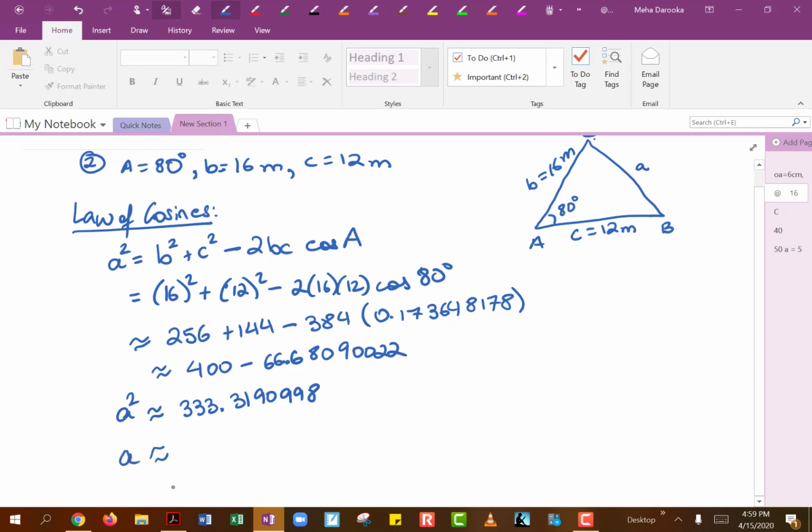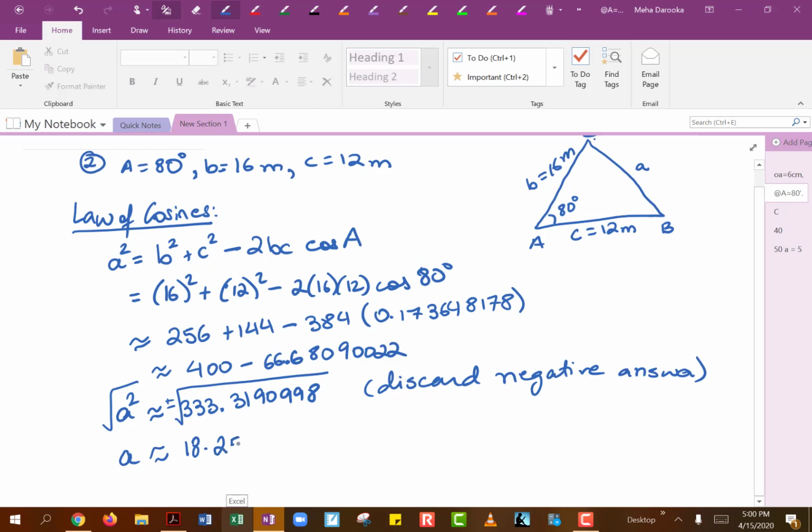we're not going to worry about our negative square roots. So basically what would happen is you would end up taking a square root over here. You normally get a positive and a negative root, but like I said, discard your negative answer. And this should come out to be square root of 333.3190998, which is going to be approximately 18 point. And again, I'm just rounding it to 4 decimal places like they did